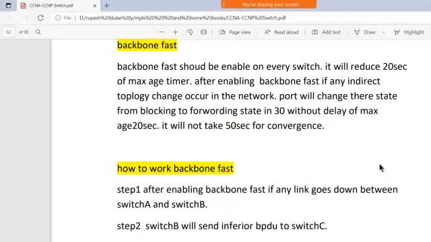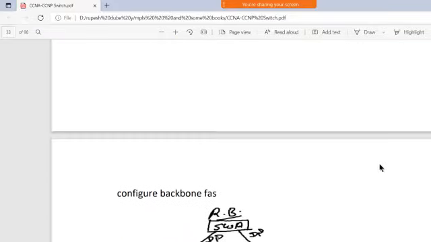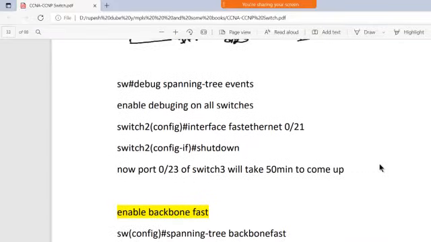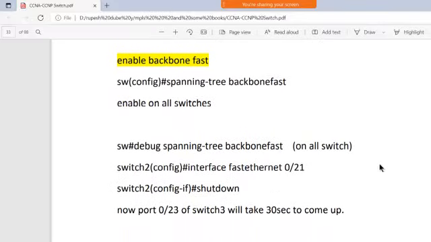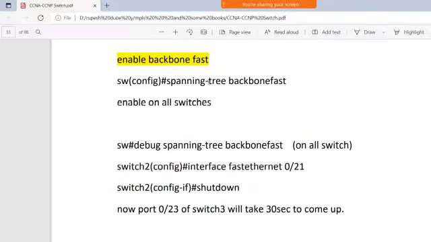Okay, so this is the thing, and how can you enable BackboneFast? Here is the command. Let me show you. Here it is: spanning-tree backbonefast. You just simply have to put that command. Now the port will take 30 seconds to come up.